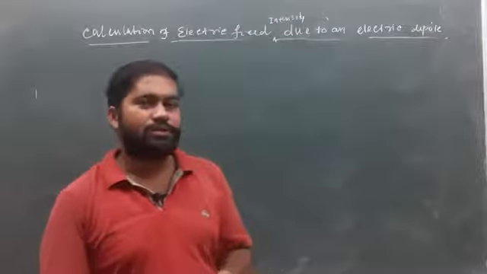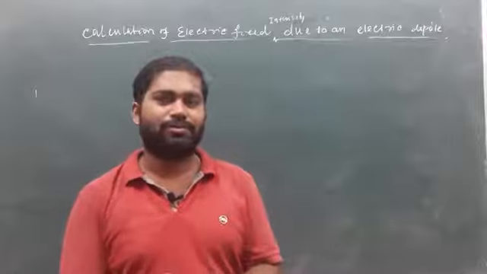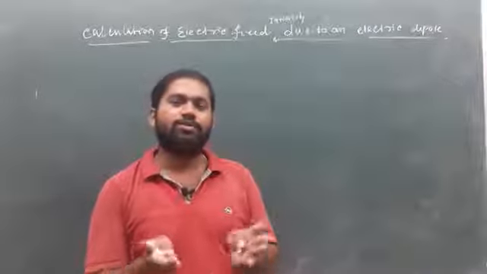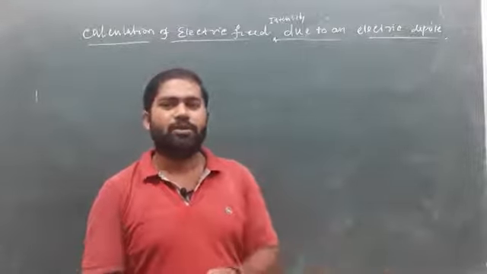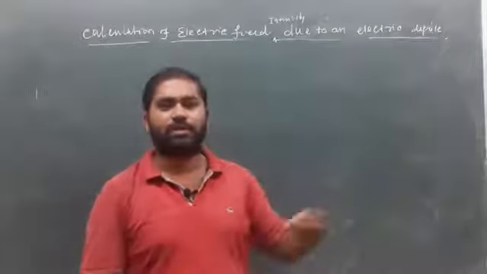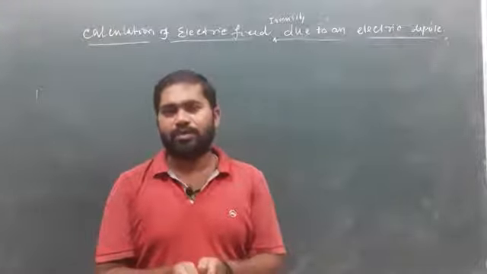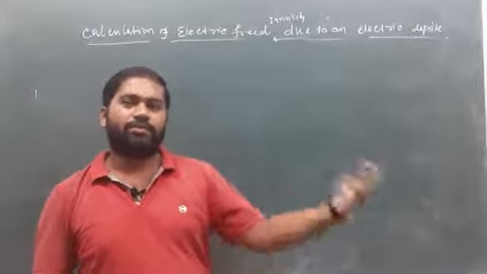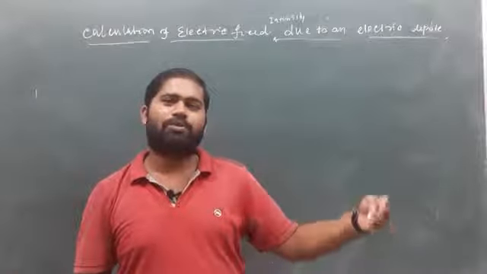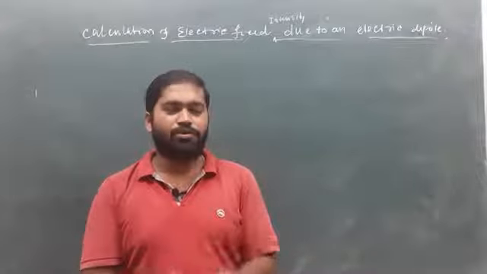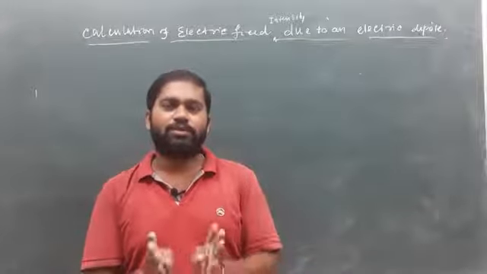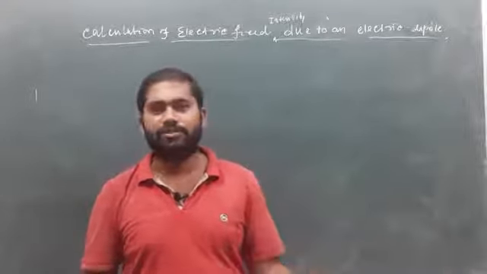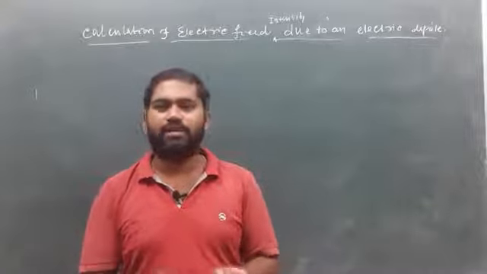Okay. So, when we consider an electric dipole in order to measure the electric field, we have just two different cases. Either we may calculate on the axial position or we may take the point of observation on the equatorial position. The axial position is also known as end-on position, whereas the equatorial position is known as broadside-on position. There are also other names: the axial is otherwise known as tan A position and the equatorial is also known as tan B position.